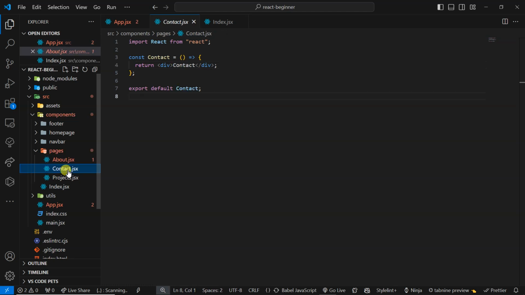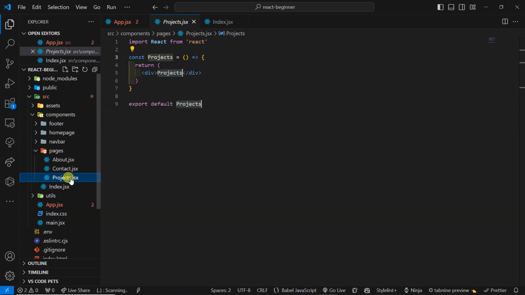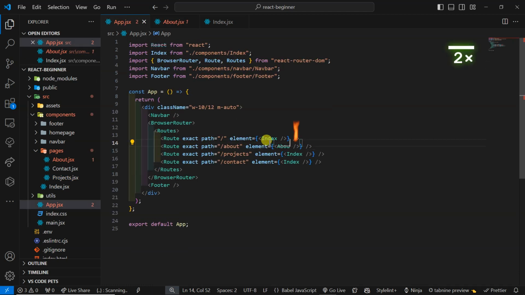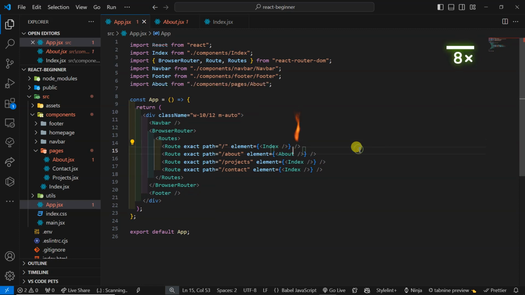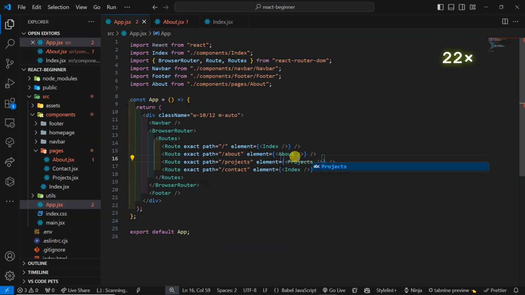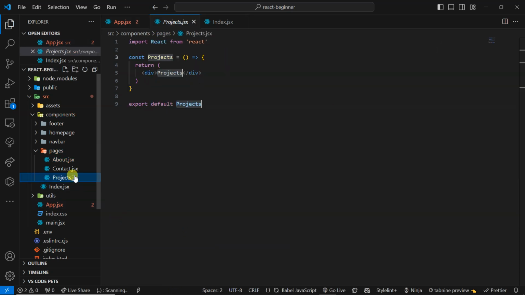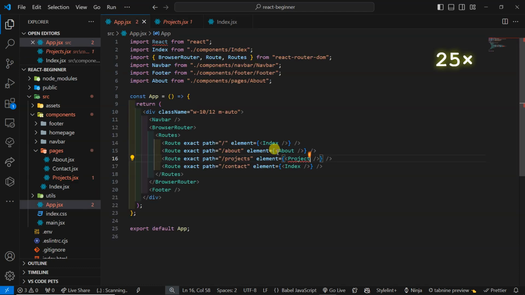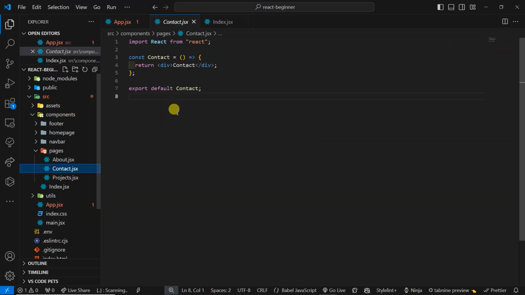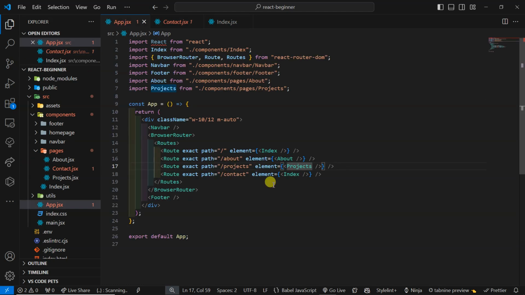I need this about, I need the contact, I need the project. So let's start with about. So in the app here, I can type about here, and I click like this, it appears. The next project, so I have to write here projects. So let's see, here I can open this, then I will go here, rewrite that s back, and the auto enter to import. Then contact, I have to go to contact, open it, go back here, I can type here contact